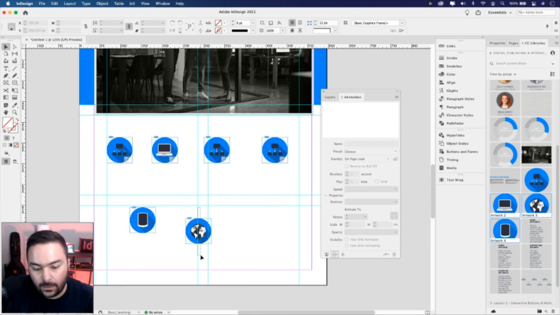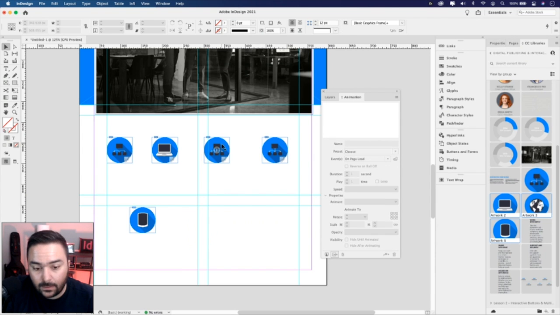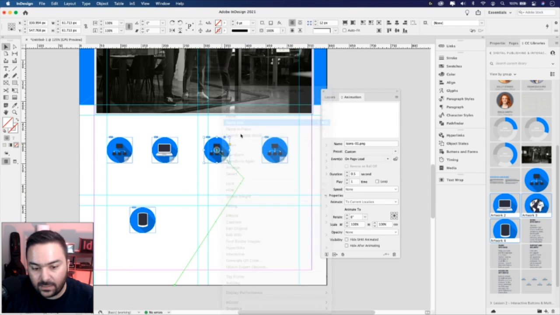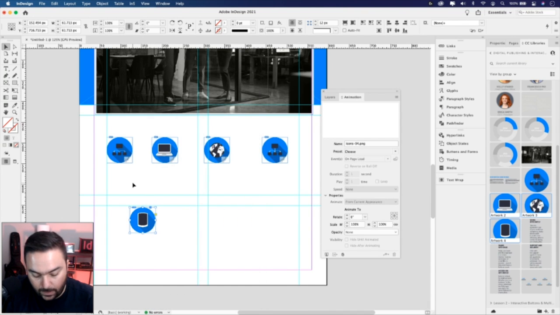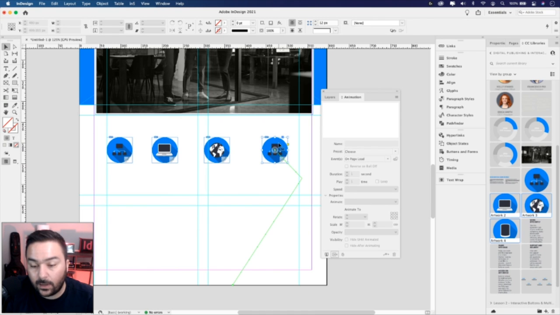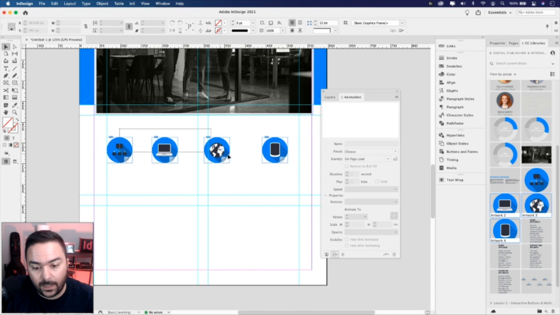It'll replace it. Let's select the globe, Command X, right click, paste into, and then the last one, Command X, click on the last icon, right click, paste into. So they've all been updated.